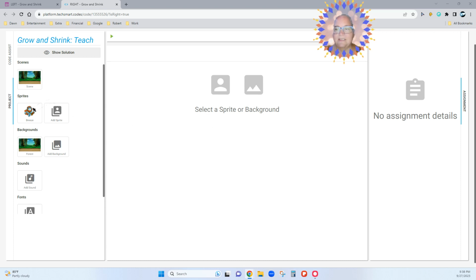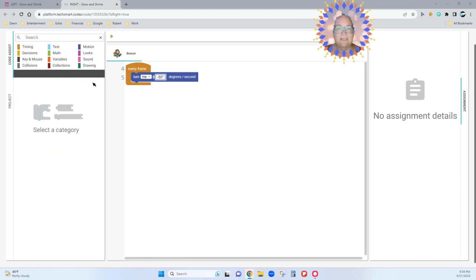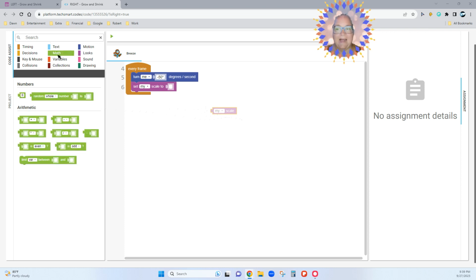So I'm going to go ahead and select Breeze. And I see that we already have an every frame and we have a turn me. So that's the reason she's spinning. I'm going to go to Code Assist and I want to add to the every frame. I'm going to go to the looks and I'm going to set my scale. And because I have a feeling I'm going to need this one too, in order to set this, I'm going to add, because I want to make it where she keeps getting